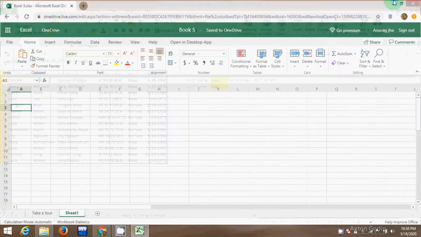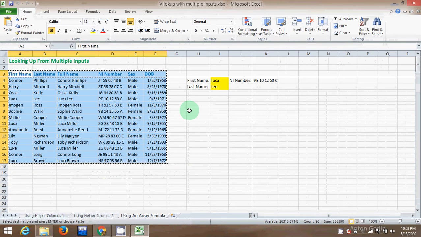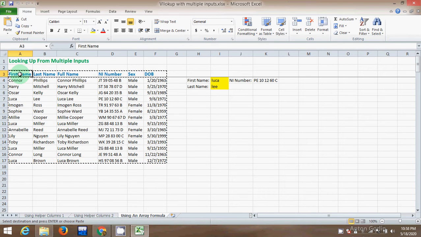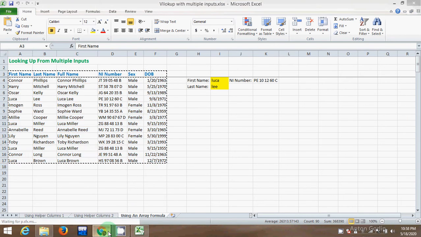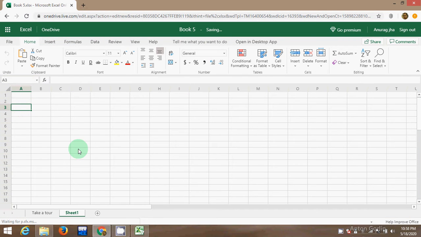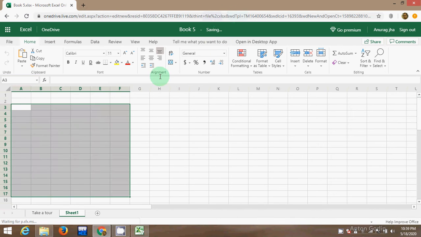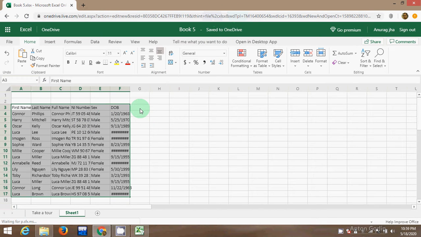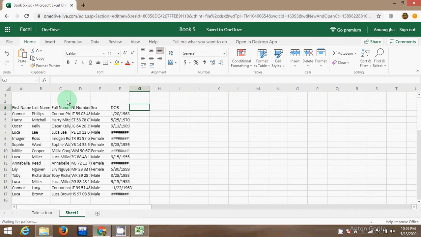Basically it is not copied, so I will copy it properly. Why is it not copied? Control C and Control V. Why is it not saving? The file is in saving mode, so it might take some time. Actually this is not the proper way, I will adjust it.